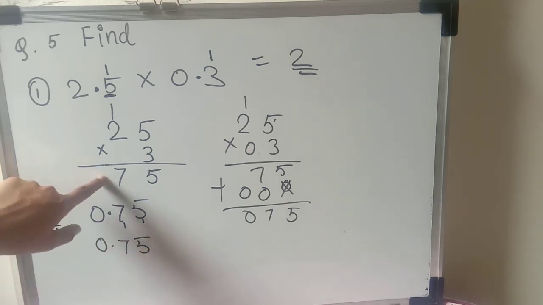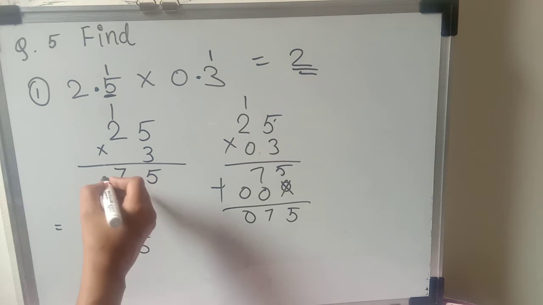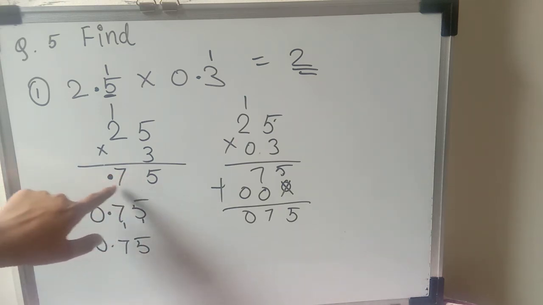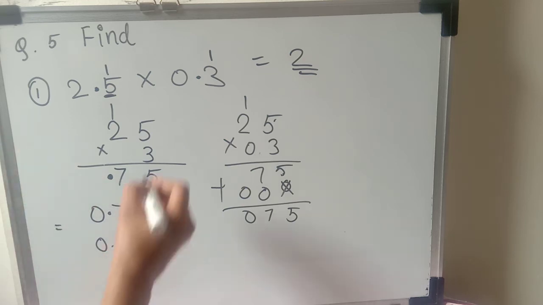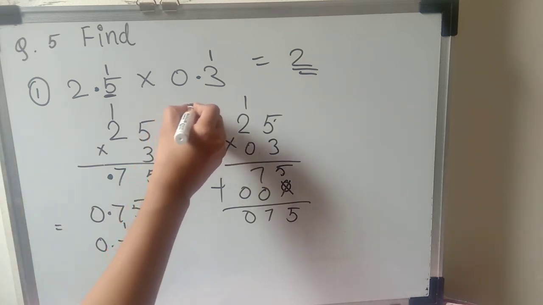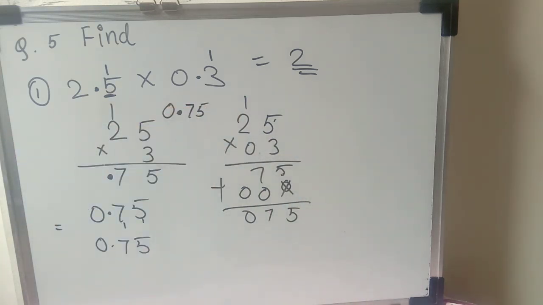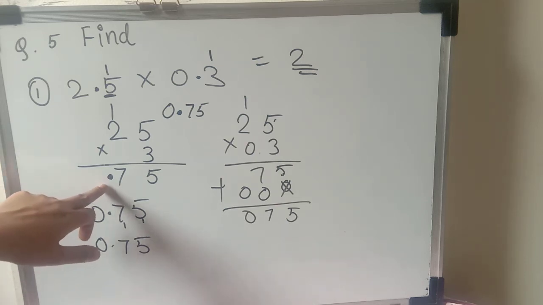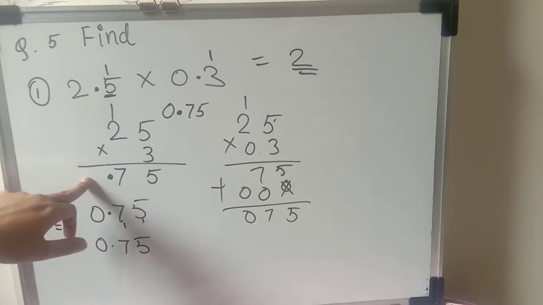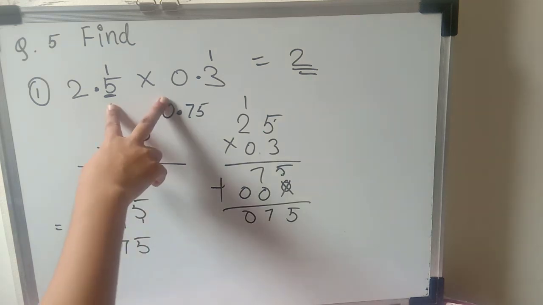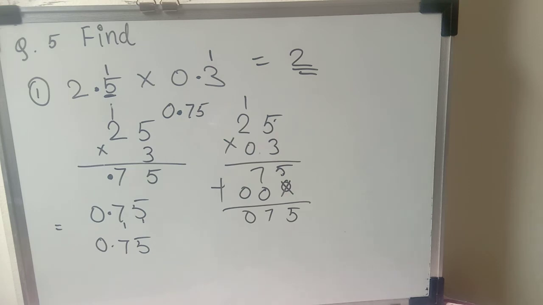This answer is also correct. But here you have to put the decimal. Okay, 2 places are there and you have to count from the right side, and we can't write it like decimal point and 75 with nothing before it. Nothing is there, it means you have to write 0. Okay, that is the common thing that we should know. ऐसा भी आंसर आता है तो हमें ऐसे नहीं लिख सकते, ऐसे फॉर्म में कुछ भी नहीं है, मतलब you have to take there 0. This multiplication is also correct. So we got the answer, that is 0.75 from these two decimal numbers.